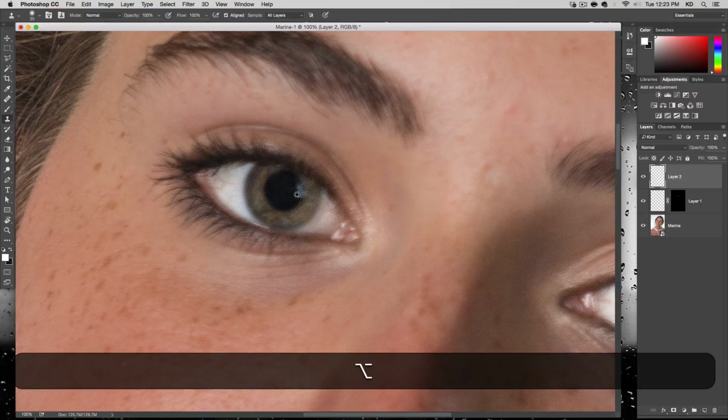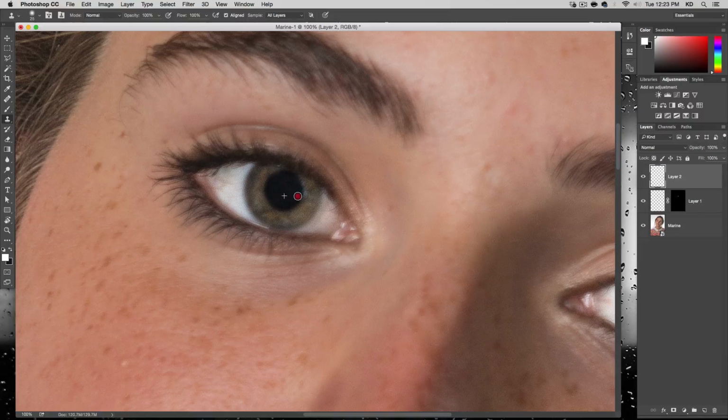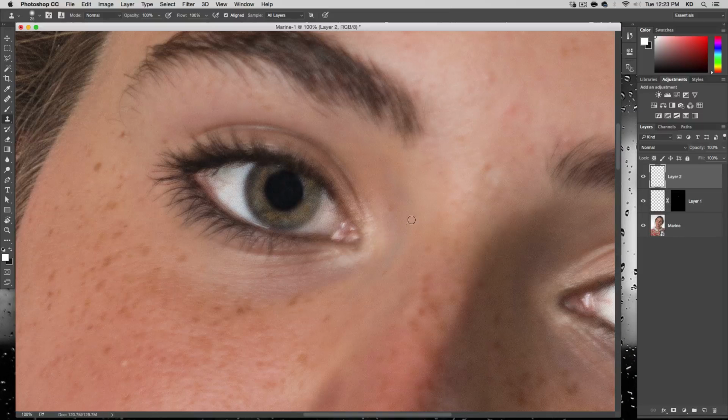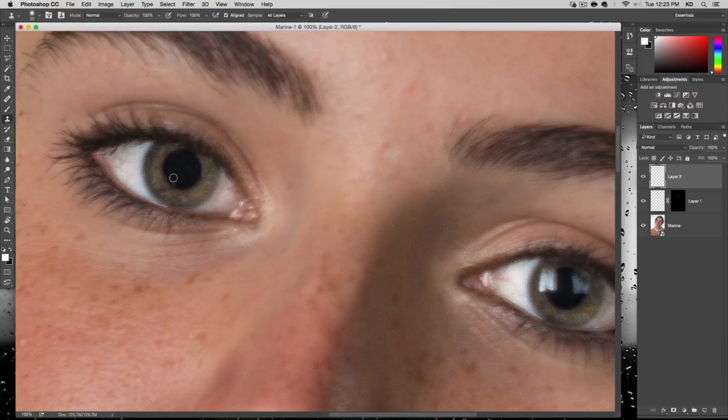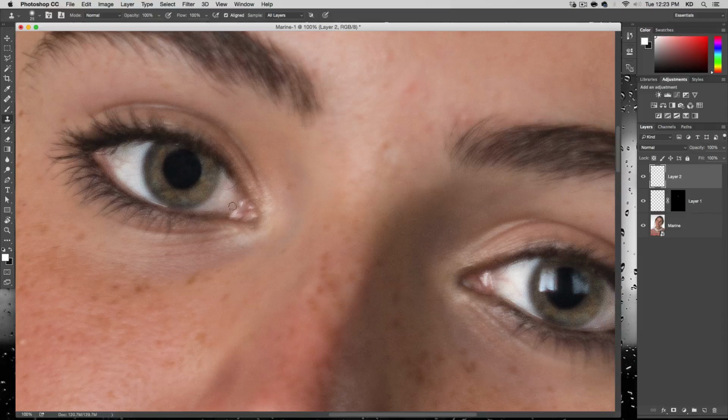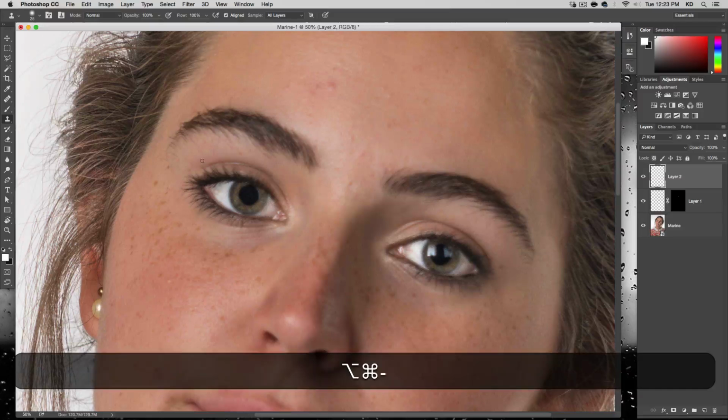All right, and then let's see if we can get away with just using the clone stamp tool here for this side. Maybe get like so. That's pretty good. Okay, so now this definitely looks fake because it's completely flat. Okay, so the next step is to recreate a proper